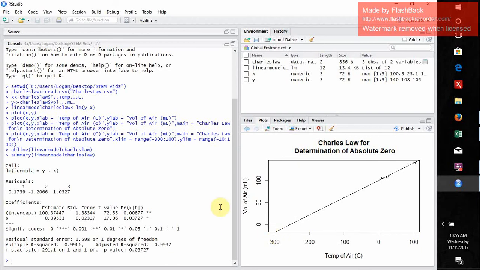So let's go ahead and add the equation of the line to our plot. We can do that using an mtext code. So we're going to go ahead and do mtext, and I'm going to write the equation of the line in terms of our y and x-axis labels. So I'm going to go volume of air in milliliters is equal to